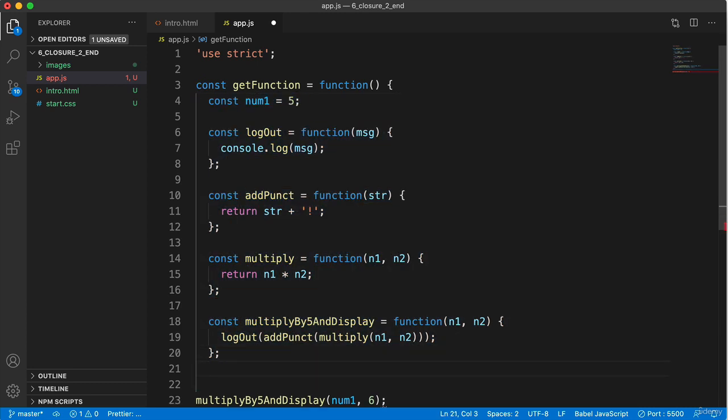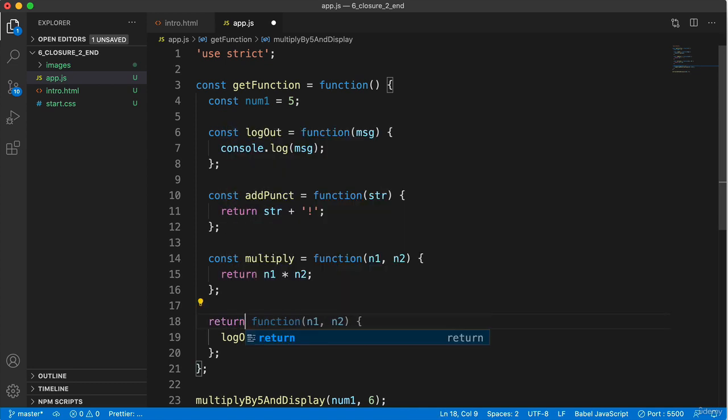Add the closing curly brace, and so there's our function. We've got that set up, but now we need to return a function. So we can do that by simply replacing this part here with return,